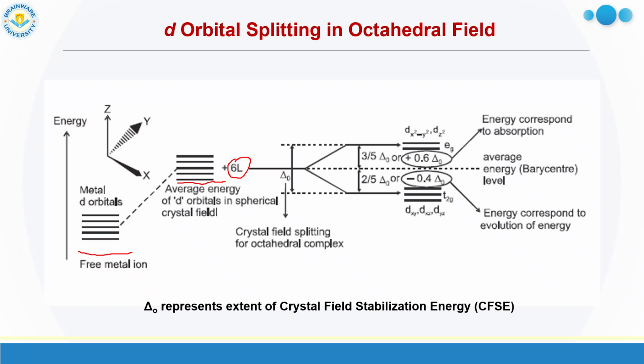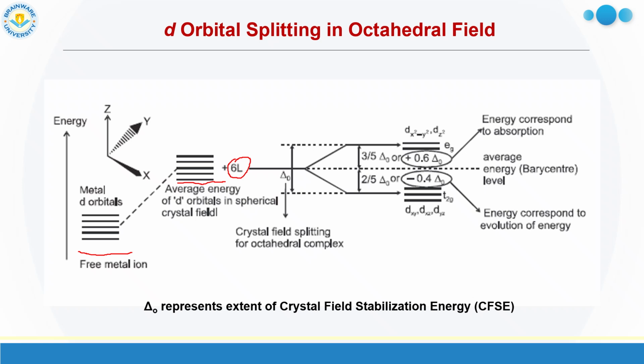When they approach towards the metal center, all the d orbitals do not remain oriented along the same direction. So if we see the 3d orbitals dxy, dyz and dzx, they remain in between the axis. If you see the picture, whereas dx square minus y square and dz square, these two orbitals remain along